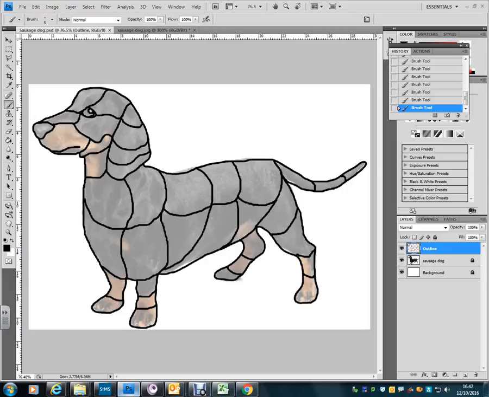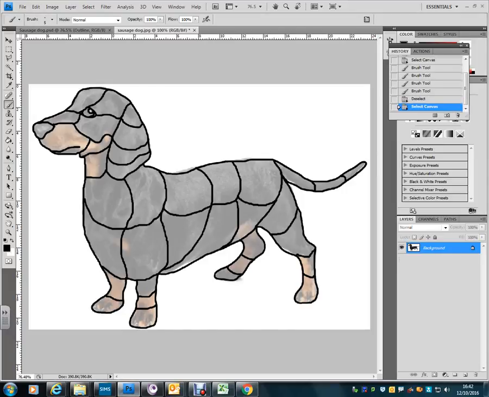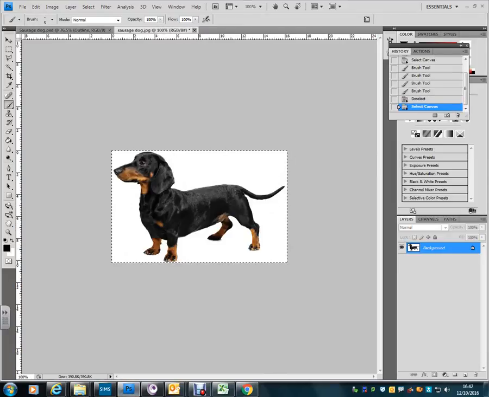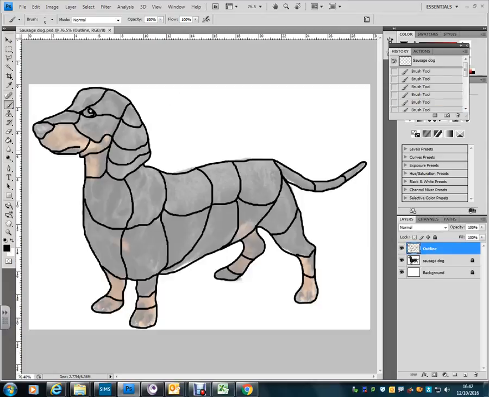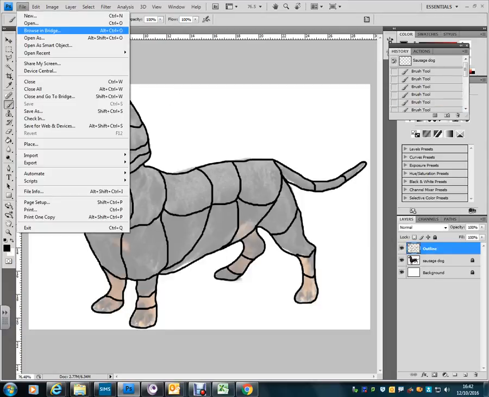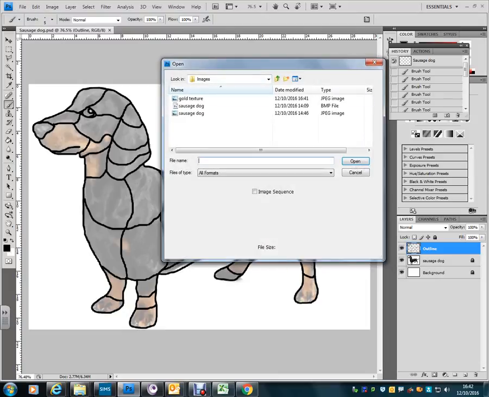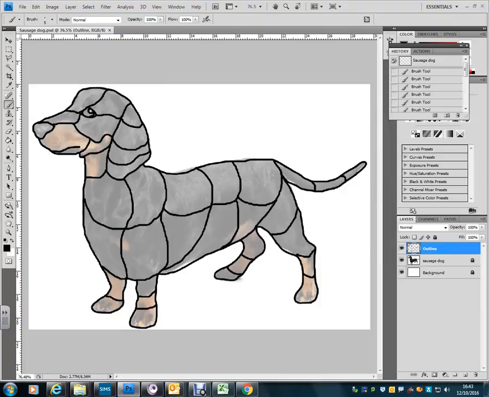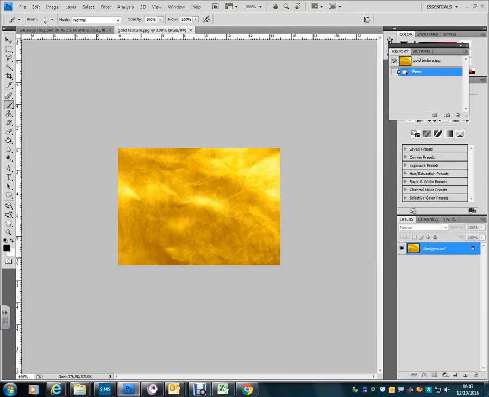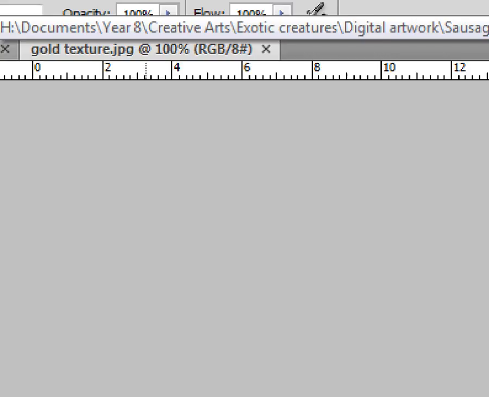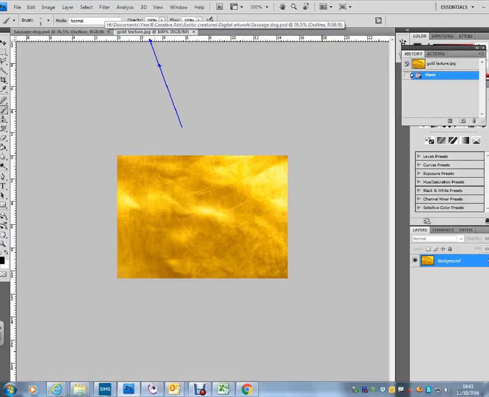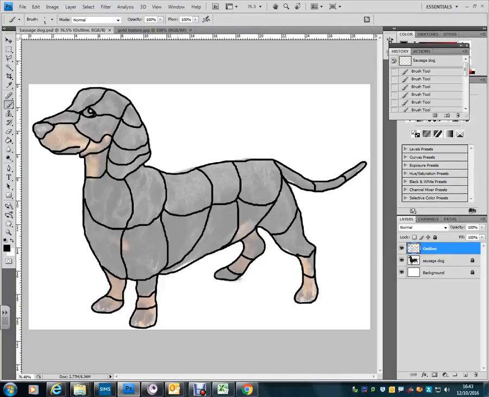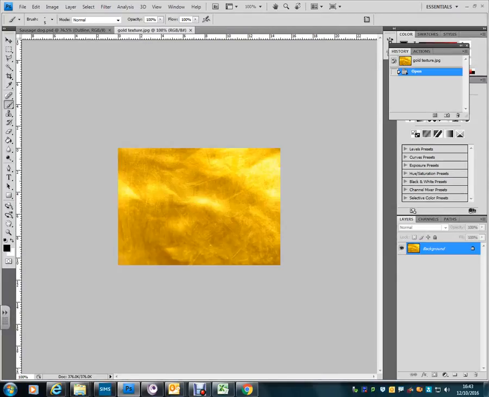now we're going to switch over to Photoshop. And remember this, where I took the original picture, which I'm now going to close. I'm going to go File, Open, and then I'm going to find, hopefully in my Images folder from last time, the gold texture. So I'm now going to copy this texture, because that's the window that's open, and take it over into the sausage dog. So if I click onto the texture up here,